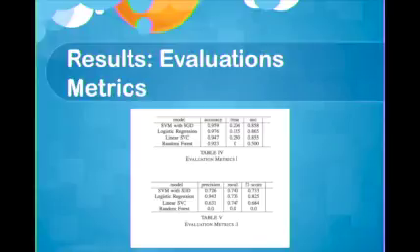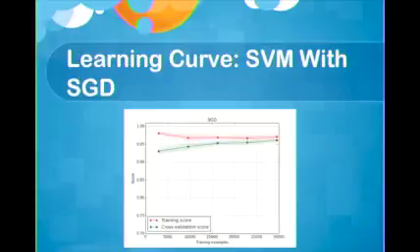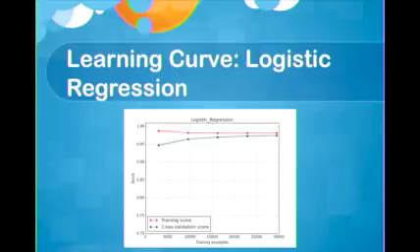A learning curve is a plot of training and cross-validation error as a function of the number of training points. The distance between the training error and testing error will show overfitting, variance, and bias in modeling. The SVM with SGD has a very small gap between training and testing error, meaning very low overfitting with low variance. The logistic regression has the best learning curve, and the overfitting is almost negligible and very beautifully converged. This is very supportive of the evaluation metrics for logistic regression.